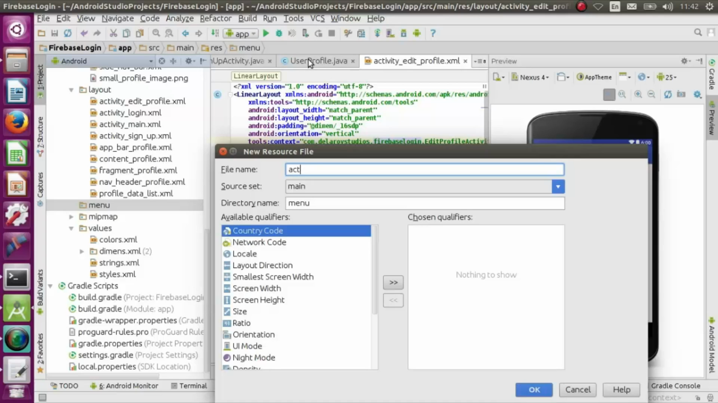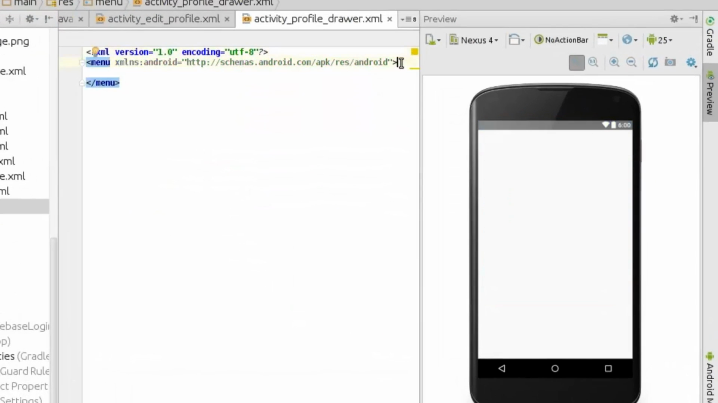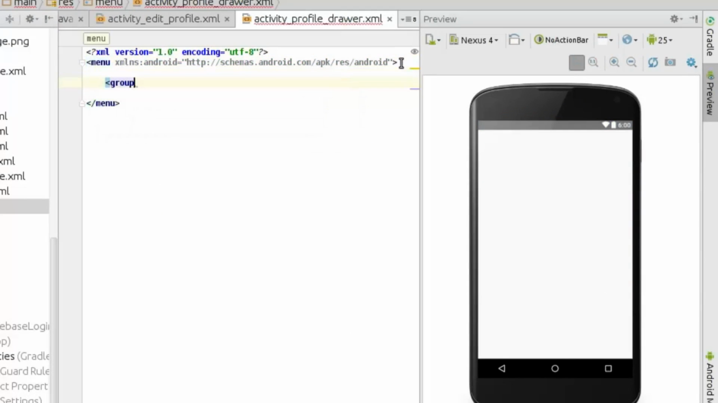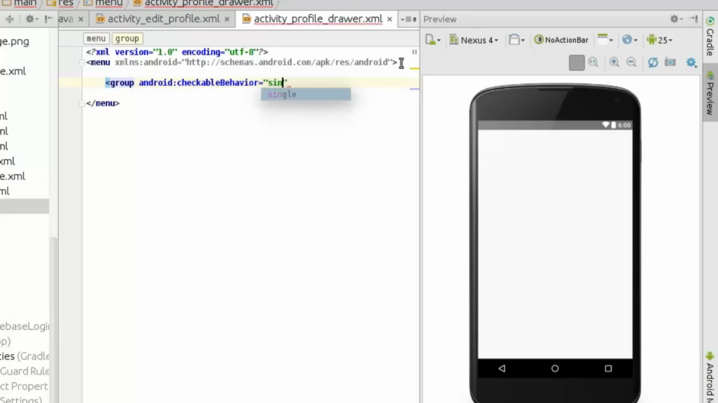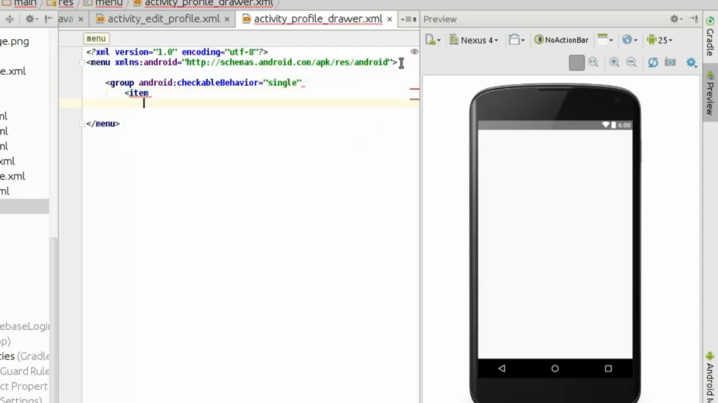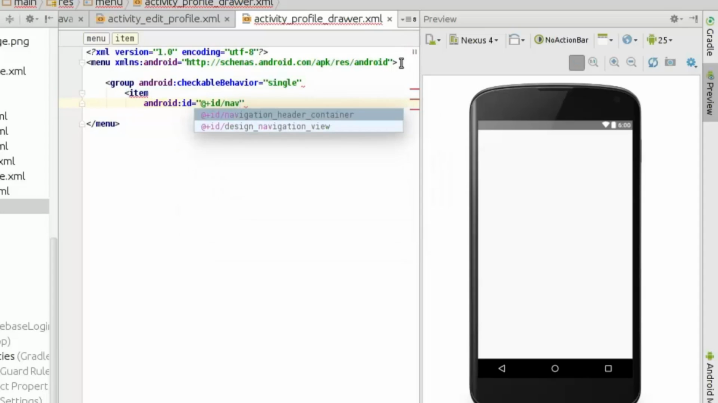I'm going to name it activity_profile_drawer. It's actually going to hold all the drawer items. Now I'm going to group this with android:checkableBehavior single. So let's have the items. First item, android:id, profile,